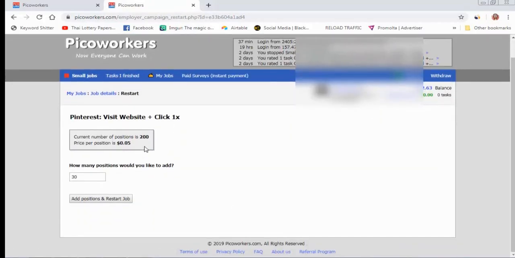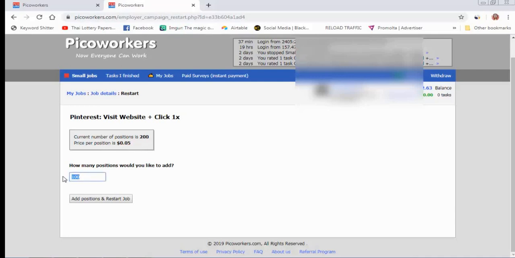Okay, add position, and here I need to keep, for example, 100 new positions. And I click here, add position and restart job.